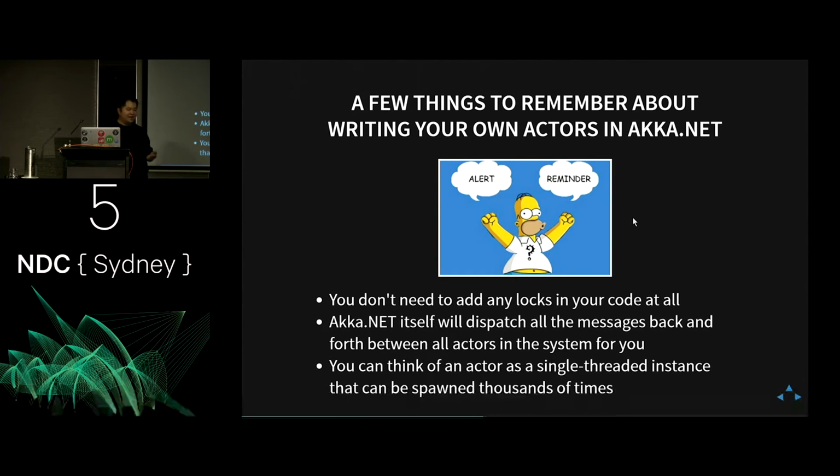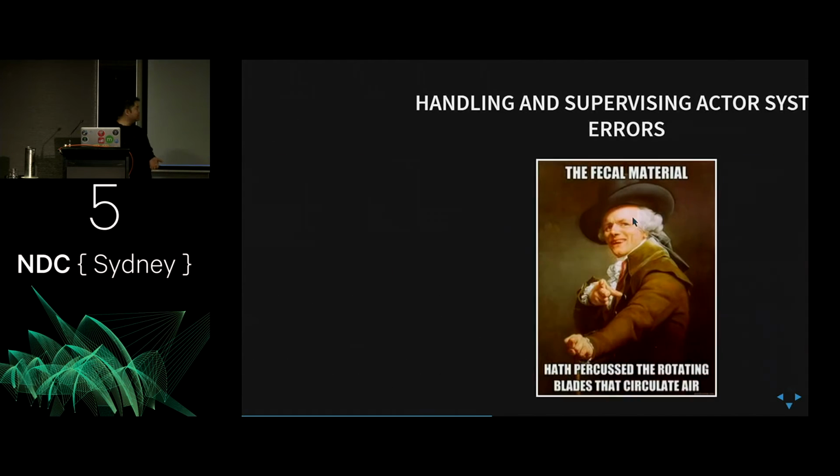Because when you spawn actors, you're basically sending it out into the world with the assumption that nothing can break it because it doesn't expose any state. The other thing to remember is that with these actors, you can just keep doing all these things in parallel, and you never have to worry about how they are going to interfere with each other. And later on, I'll show you how we could spawn it up to several thousand threads, but still be able to treat it as if it were a single thread and not have to worry about it.